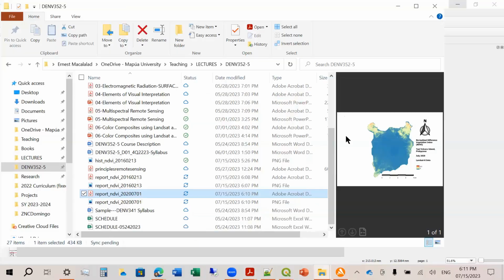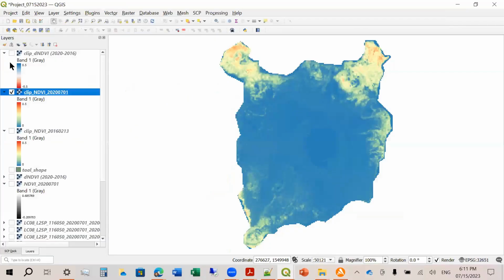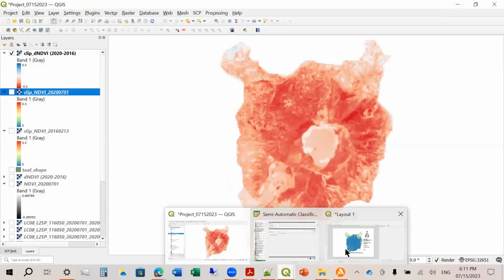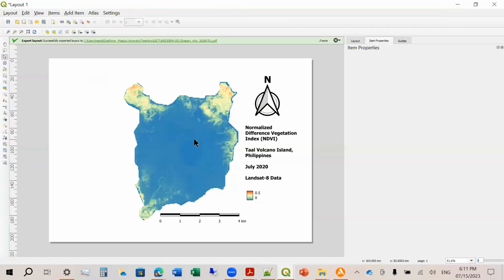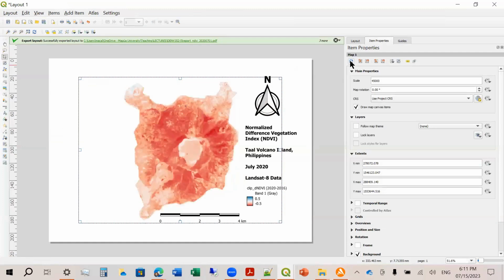And lastly, let's try to make the difference. So again, change the view and then click layout, click the map, then refresh. So you notice when you refresh, the legend also refreshed. So again, let's go to legend.